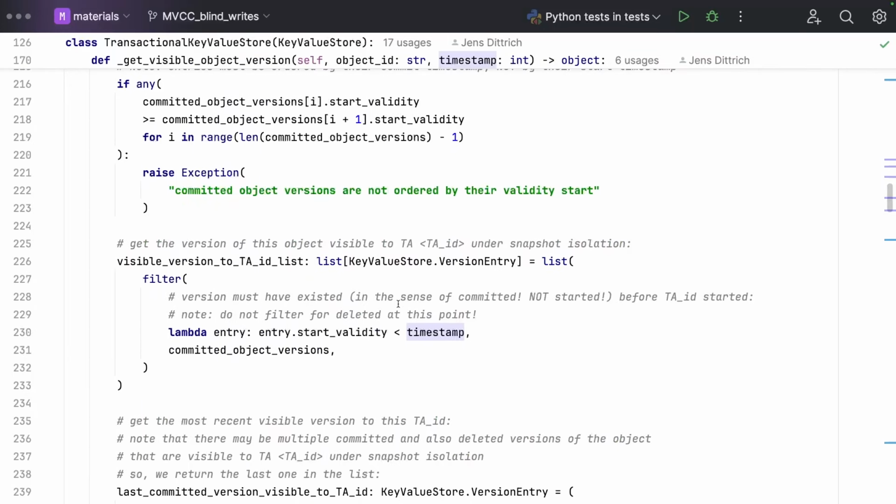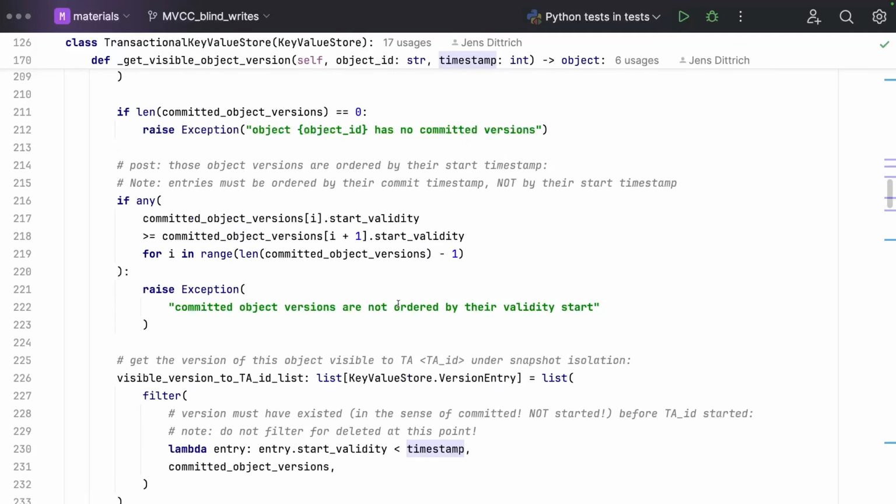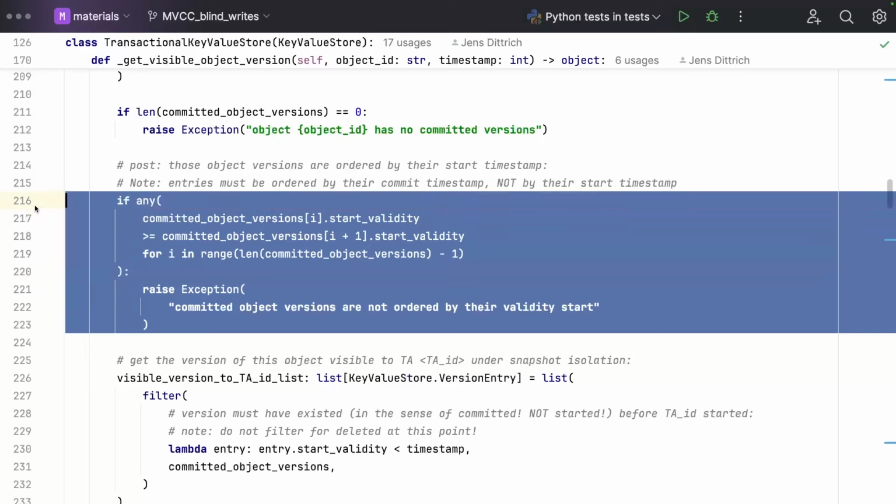So maybe this is actually an interesting, again,